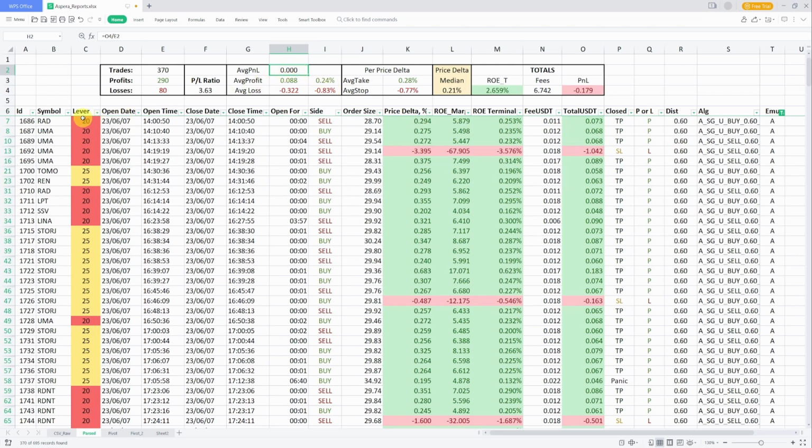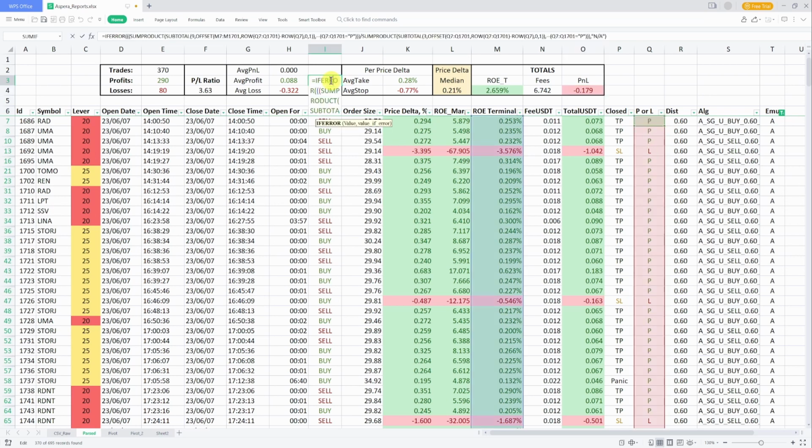And of course it would be, because of 370 trades, we have a number approaching 0. That would make sense. Now, if you were only to take the profits, you'd get that the ROE, this is actually the terminal ROE by the way, it would be 0.24. So the average ROE for all profitable trades is this, and for losing trades